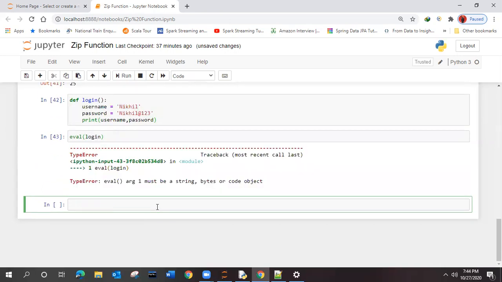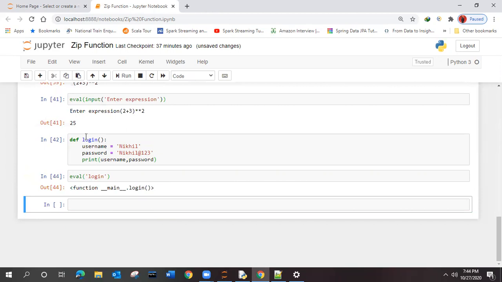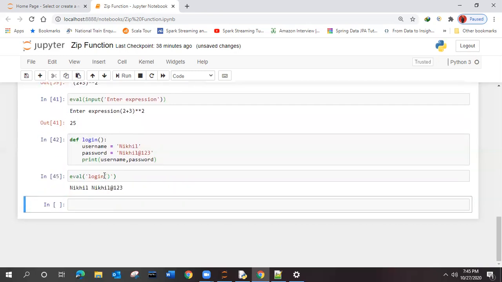Argument must be a string. Function main login. It is printing, right? This login is getting called and it is printing.